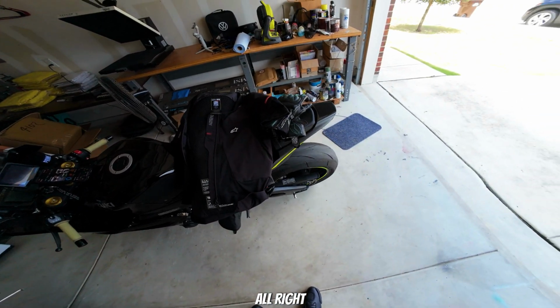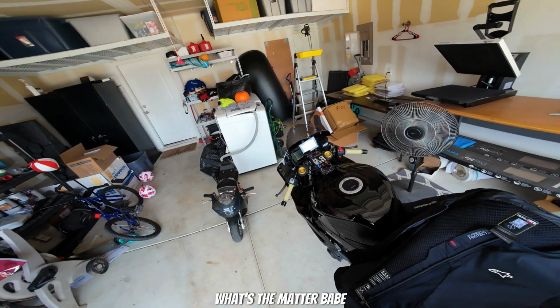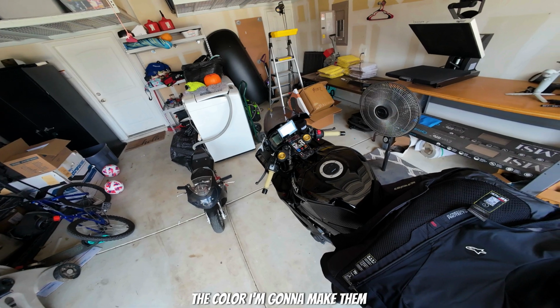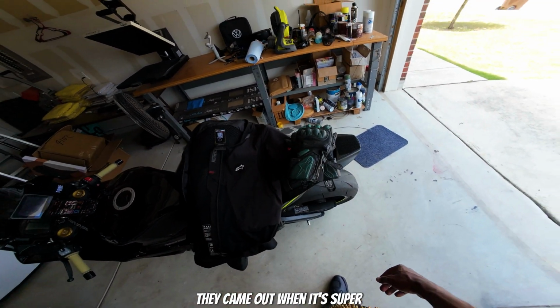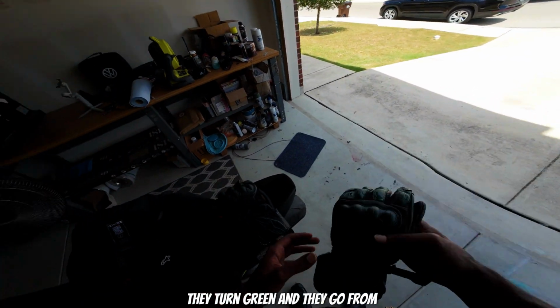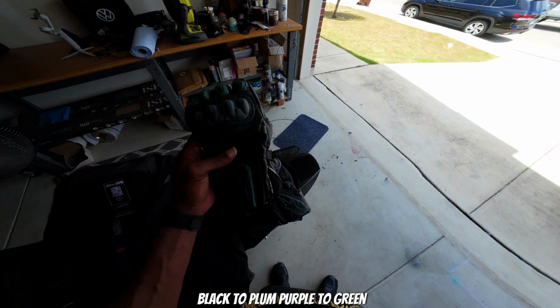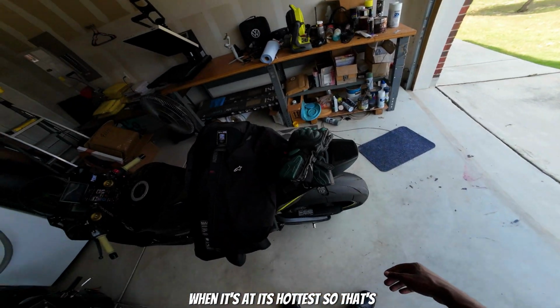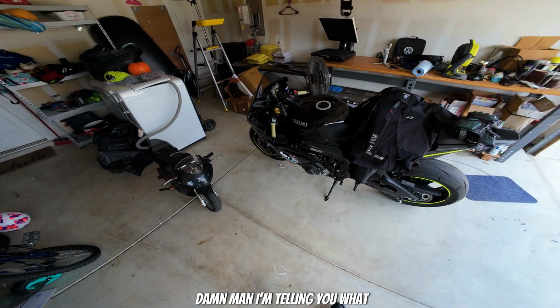Those gloves are Alpine Stars. I painted them to make them color changing. I love the way they came out. They're thermal. When it's super hot, they go from black to plum, purple to green at their hottest. So that's why they're green right now. But damn, man, I'm telling you,